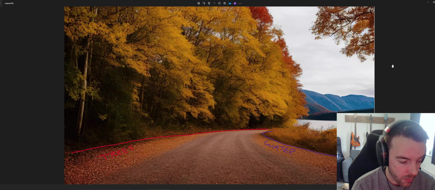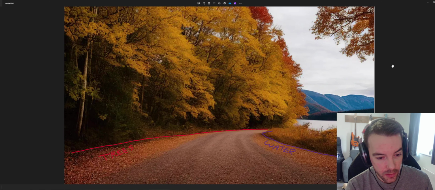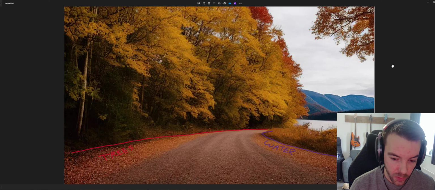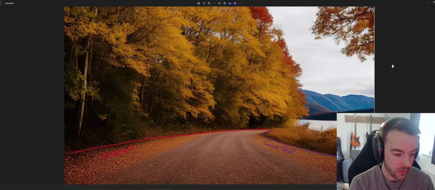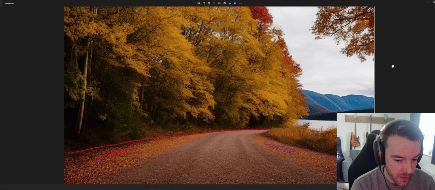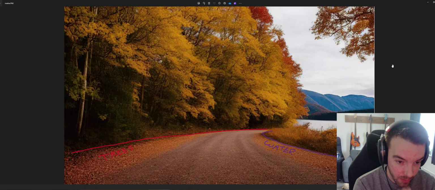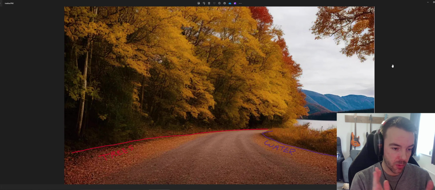So what I mean by that is this example here. There's a tree line on the left and a body of water on the right side here. And let's just assume for now that they're out of bounds, so the listener cannot enter or go next to this area. So you can see here on the left side of the tree line, we're kind of following the path because in this example, let's just say that the camera would have a block and it wouldn't be able